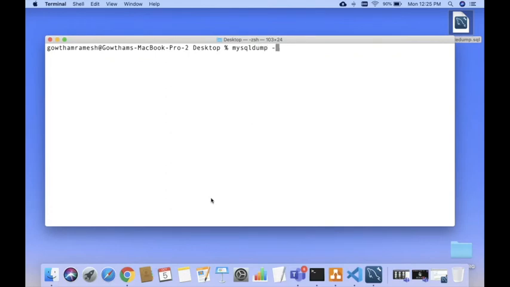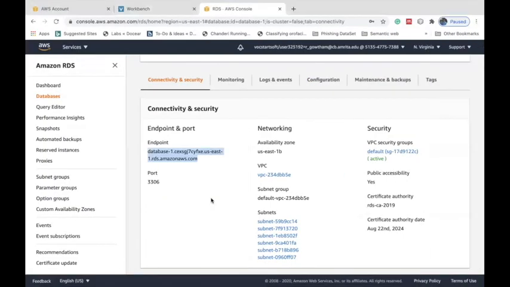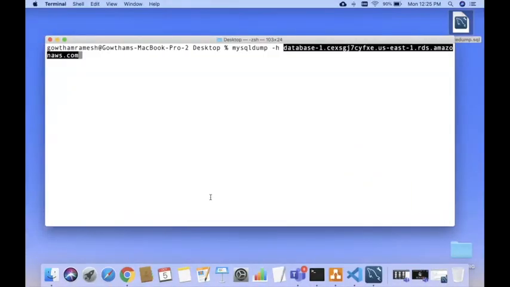Now, from where do you want to create the dump? I wanted to create a dump from the remote RDS. If that is the case, you have to supply the endpoint address of the remote RDS in mysqldump.